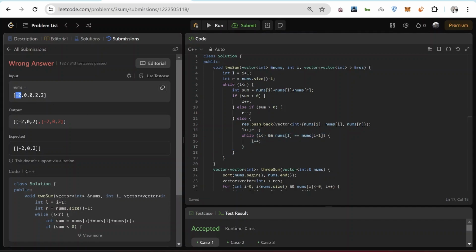So for -2, this is L, this is R. We push the result -2 0 2. We increment L, decrease R. Now as this is same as the previous number, we do L plus plus again, and this L less than R condition becomes false and we come out.